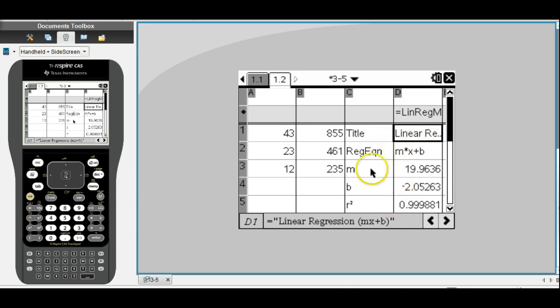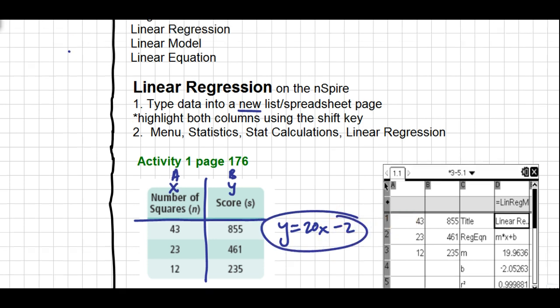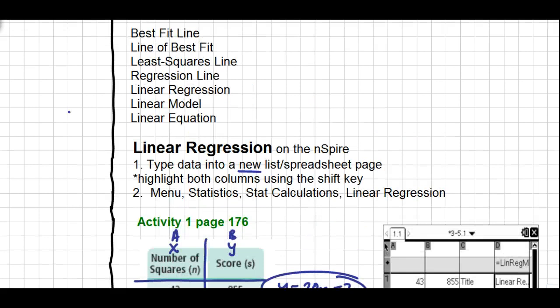to your spreadsheet. You'll see that it gives you your equation all over again, mx plus b, and it provides you with a value for m and a value for b. So let's just round those numbers off and write our equation. So we ended up with about 20 for m, and about -2 for b. So you could say -2 there or plus -2. So there's our model, our equation, our best fit line, our regression line, our least squares line, all of the